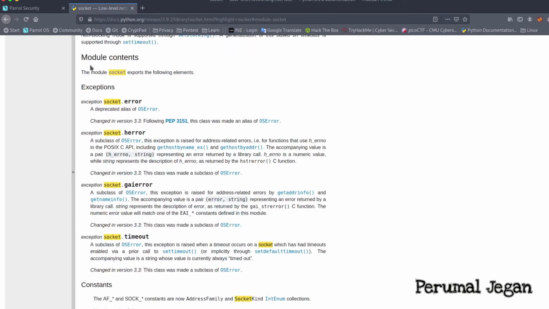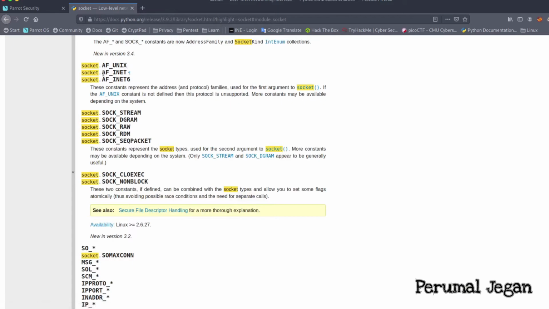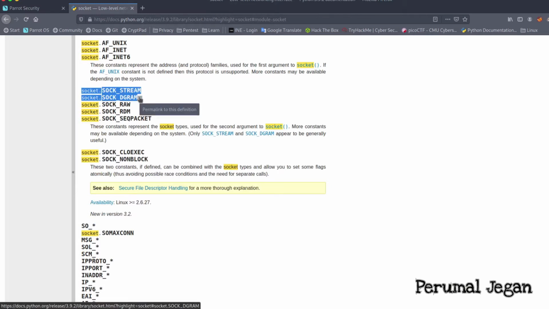Let's go through the contents of the module. These are the exceptional elements to use while writing the program. Now this AF inet constant represents the IPv4 address family, and mostly we use these two constants.